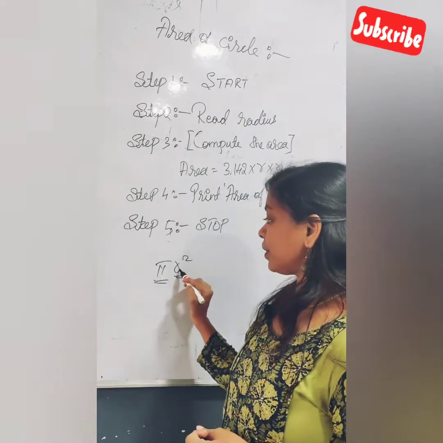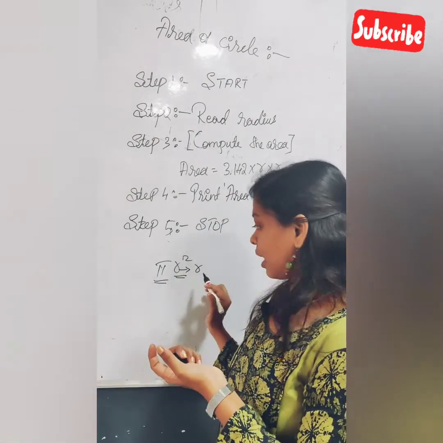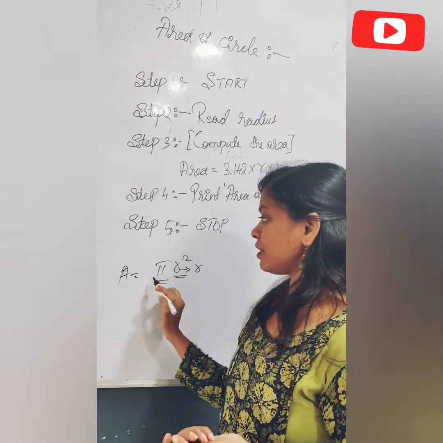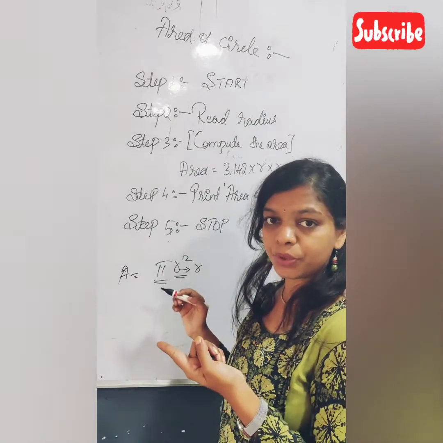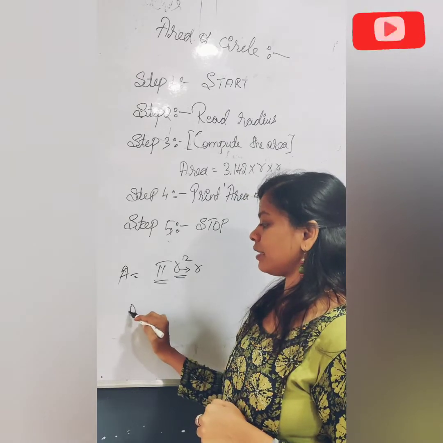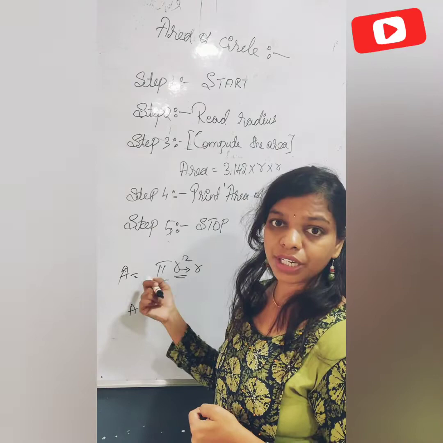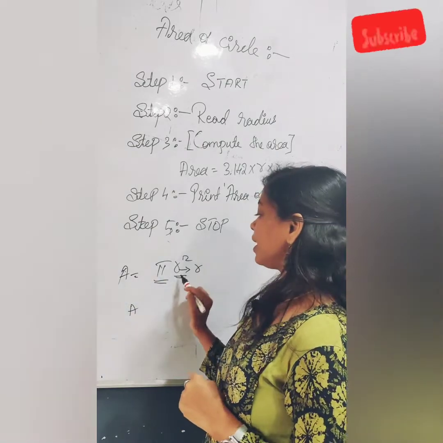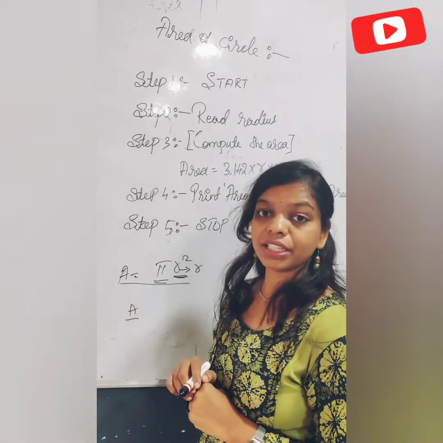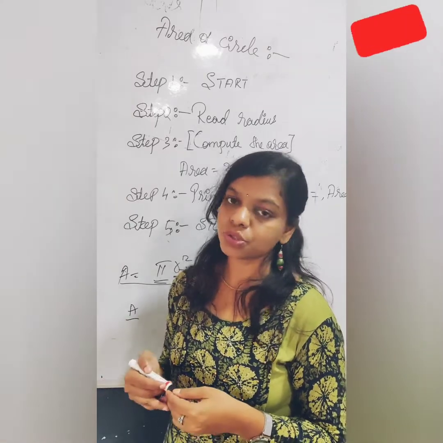Here we have to take the input, that is, we have to insert the value for r, and we have to compute area is equal to pi r square. That means we have to find the area of the circle, and at last we are going to get the output as area. So here we got to know what is input, what is output, and where we have to do processing. Here r is the input, area is the output, and what we are finding is the compute. So these are the three steps.